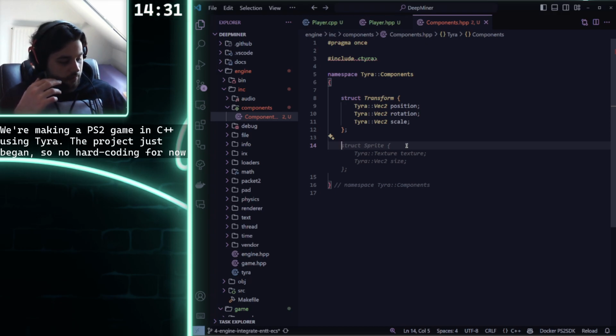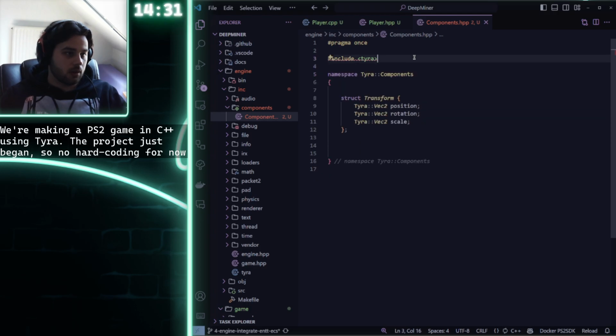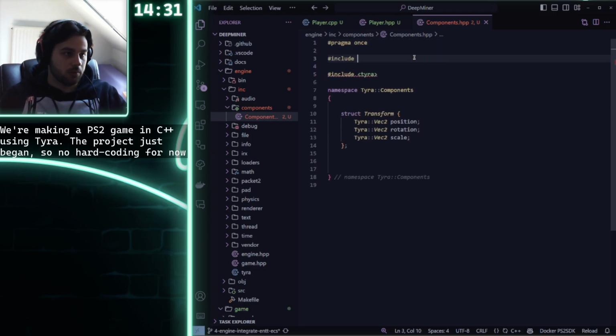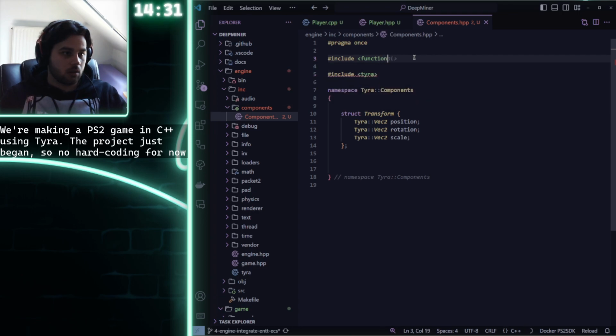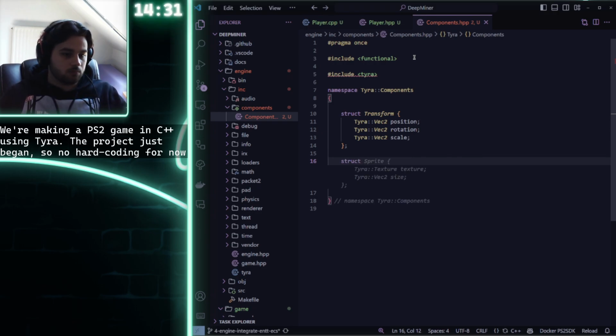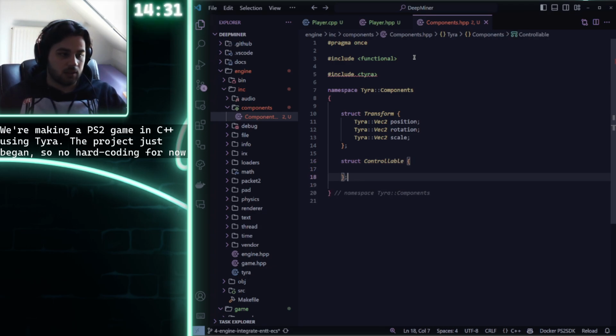It's not impossible to do that, so let's actually do it. We'll include functional first, because we'll be doing some functional stuff. Struct controllable, even if that's not really what it is. We'll just do std function